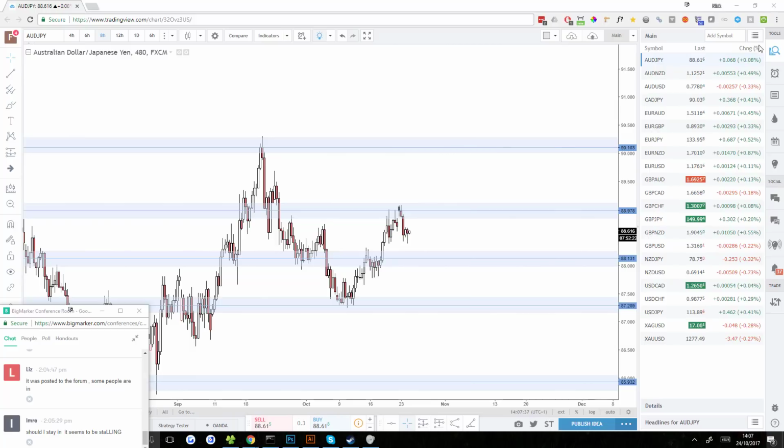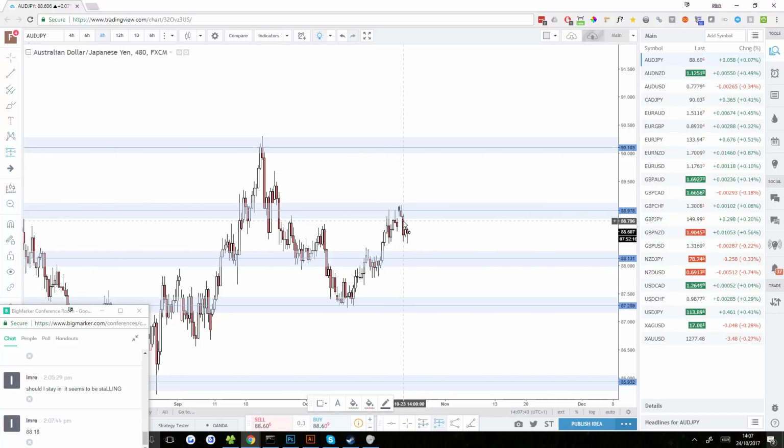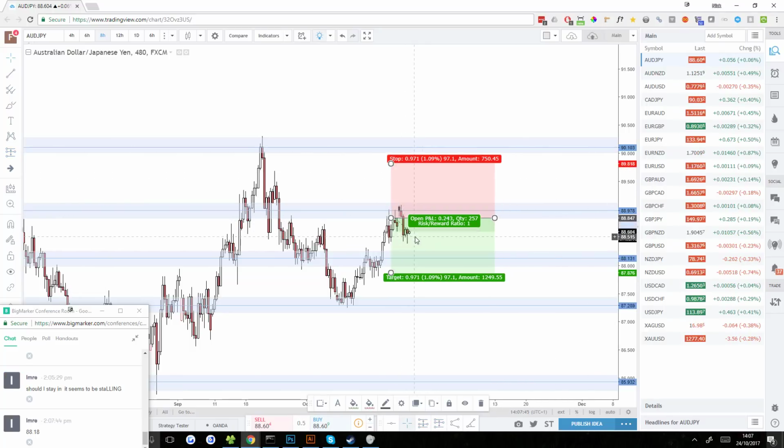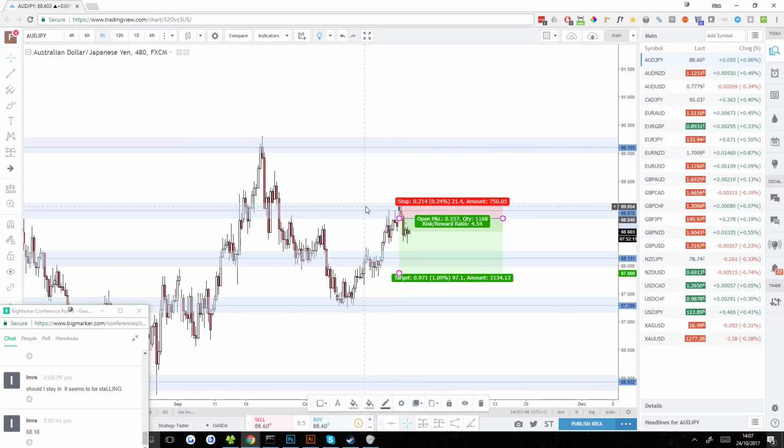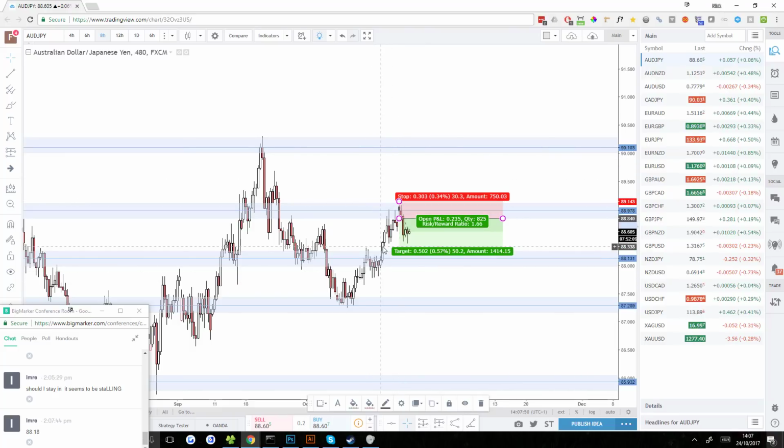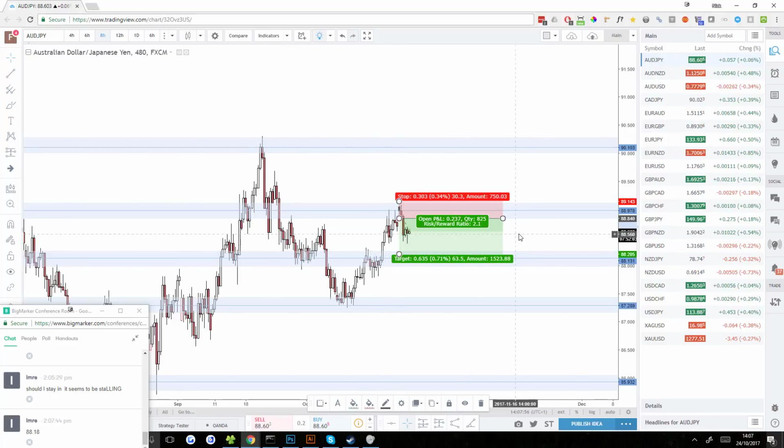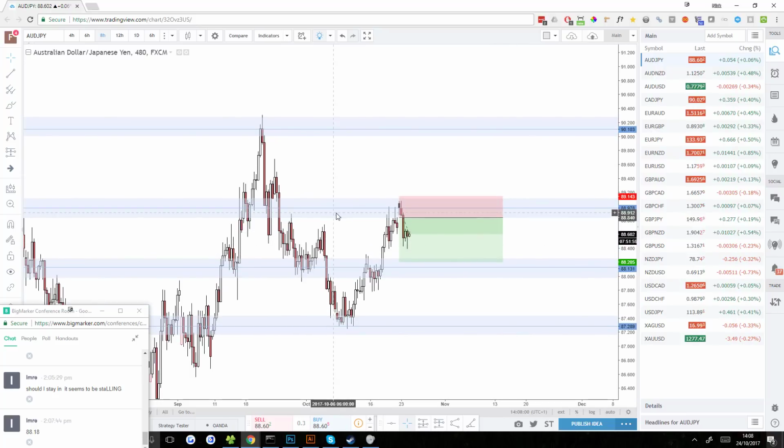What was your overall target on the trade? So you're looking for a risk to reward ratio of 2, presumably. I'm guessing at your entry and your stop, but it looks like you had enough